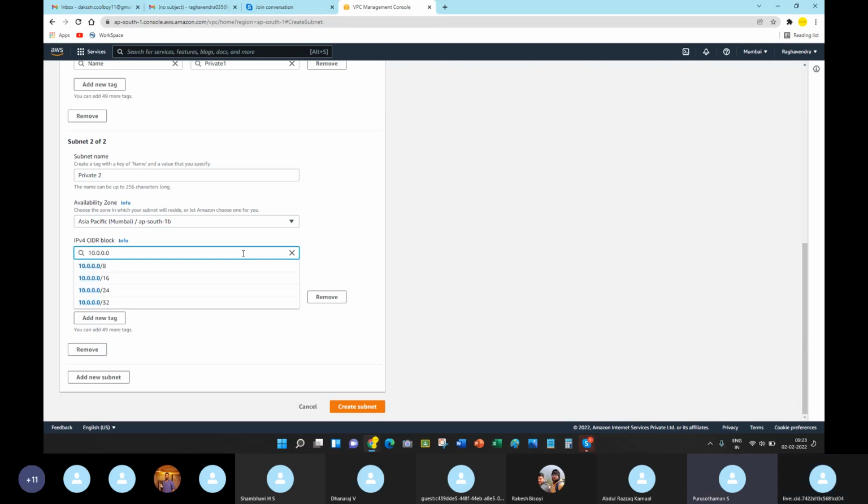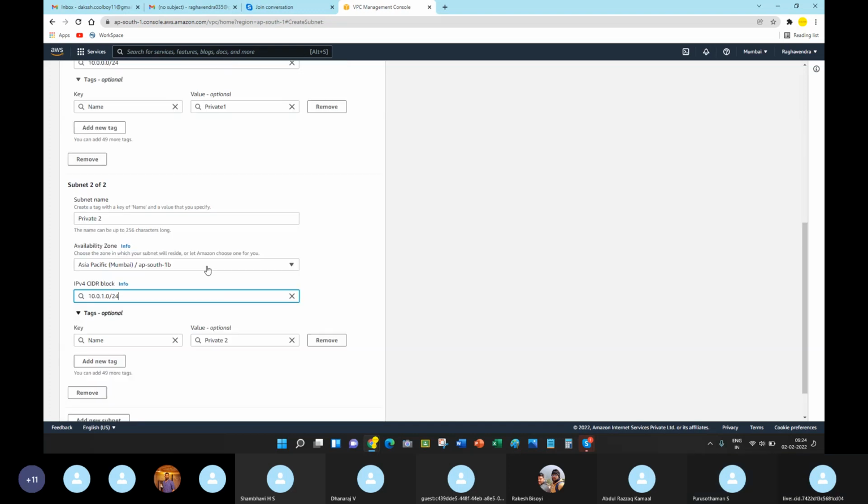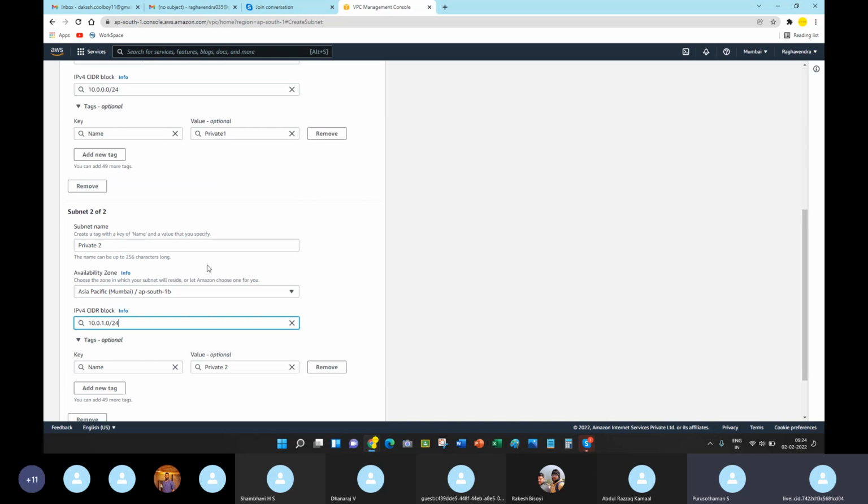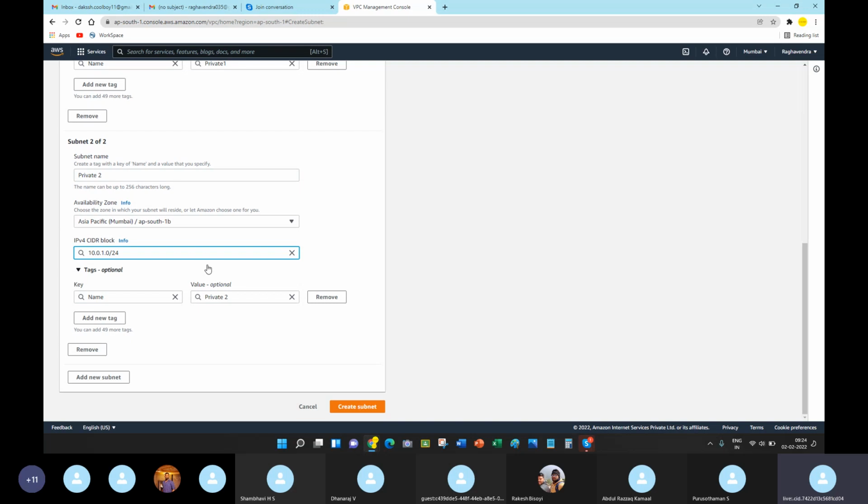So it is 10.0.1.0/24. Okay. Why are we specifying that? Because we have already created with 0, and the next in the sequence, the next address, would be 1. So if you are using /20 over there, it occupies up to 15.255. So the next you have to provide is 16.0 here. It depends on what slash value you are taking. Okay. So add one more new subnet.